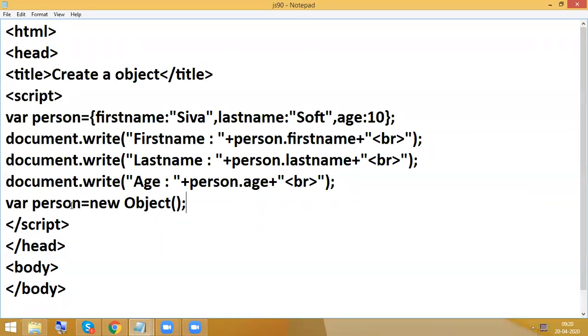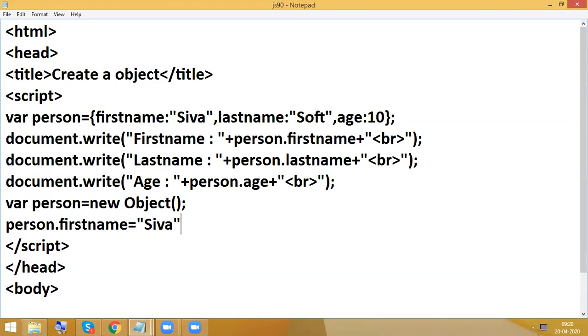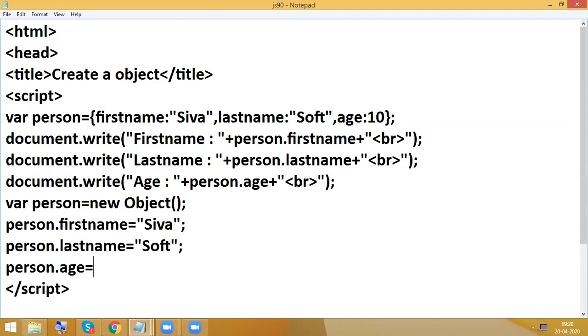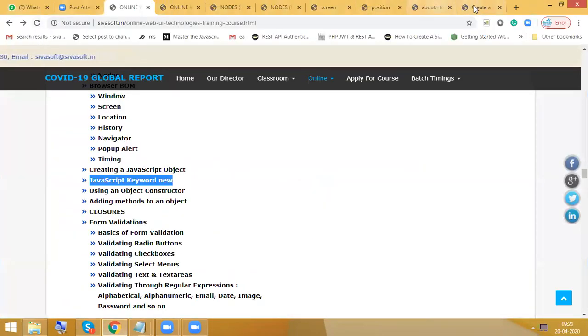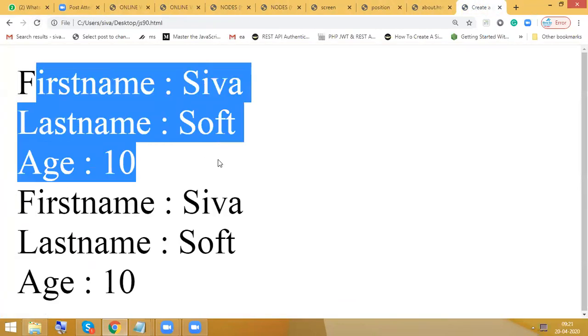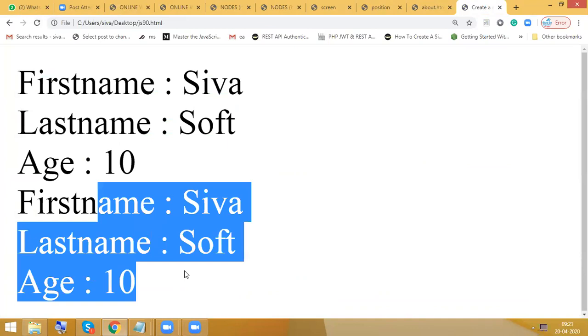With this syntax, person is an object. Then separately you write person.first name, person.last name and person.age, and display as usual. So now we are able to display, either with direct object declaration or with the help of new Object.